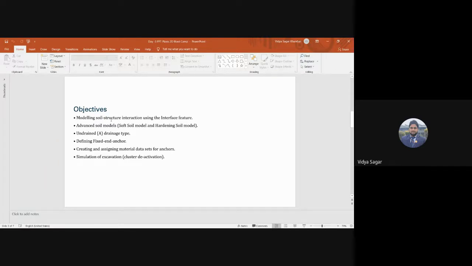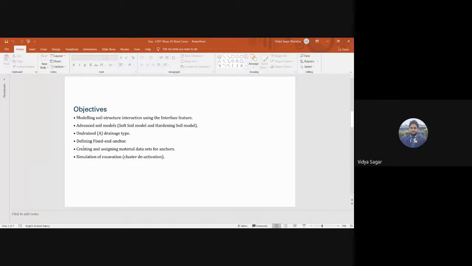Advanced soil models: in the last session we have seen the Mohr-Coulomb model. Here we'll see the soft soil and hardening soil models. In the previous one, we have seen the drained condition. Now we will go for the undrained type.